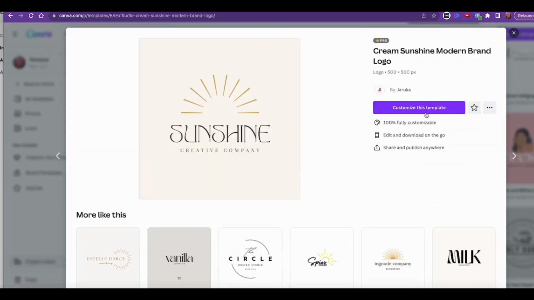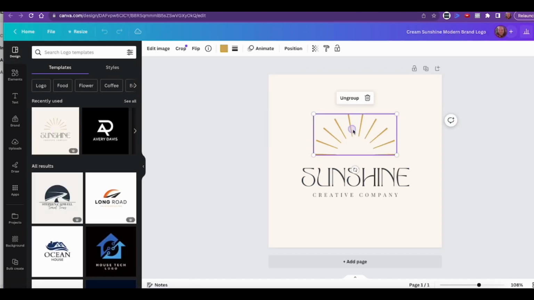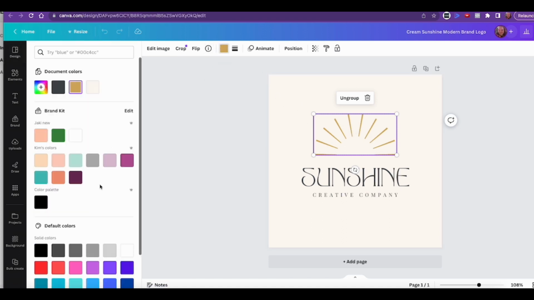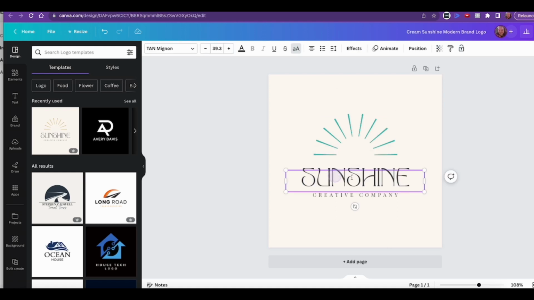Okay, let's do this one. Customize this template. Let's say we like this. This happens to be an image that you can change the color on. Sometimes you can't. We lost our colors from over here, so anyway, we're just going to pretend you could have created a brand kit and then they would all be there. So let's just pretend that's what we did. Then this sunshine, let's change that to be your